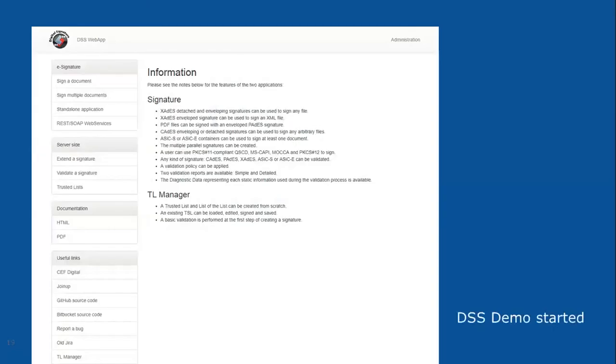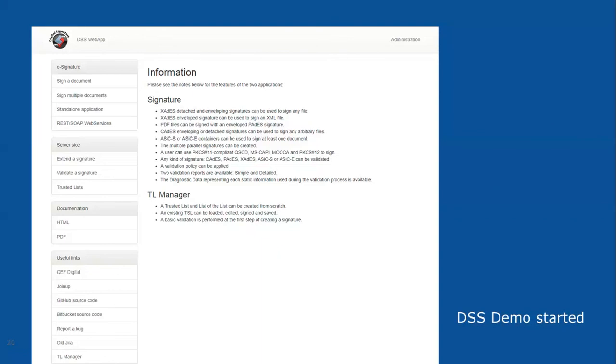So, demo. A live demo was not feasible today because of the time constraint, so we decided to do a few screenshots of a real demonstration. If you want to see a live demonstration, no problem, we will provide you all the links. A live demonstration is easily accessible as there is a demo hosted by the Commission on the CEF portal. And if you want, you can also download the bundle we will point to in later slides, and host your own version of the demo and play with it on a local installation.